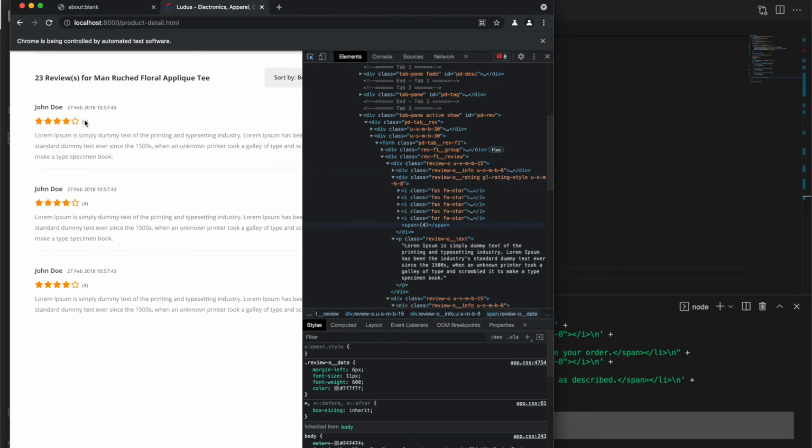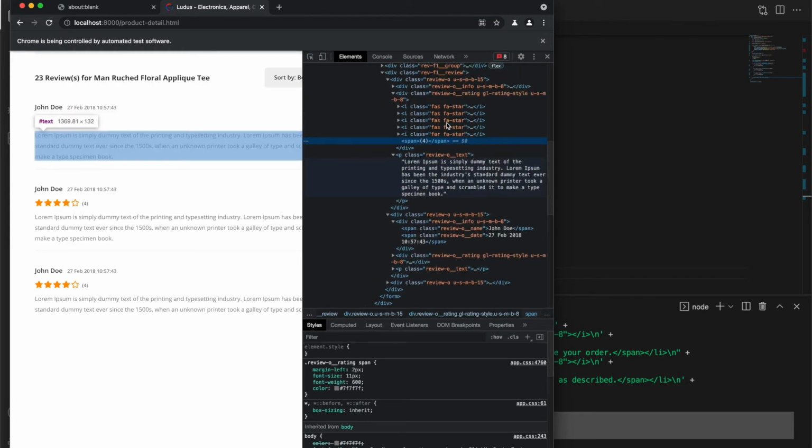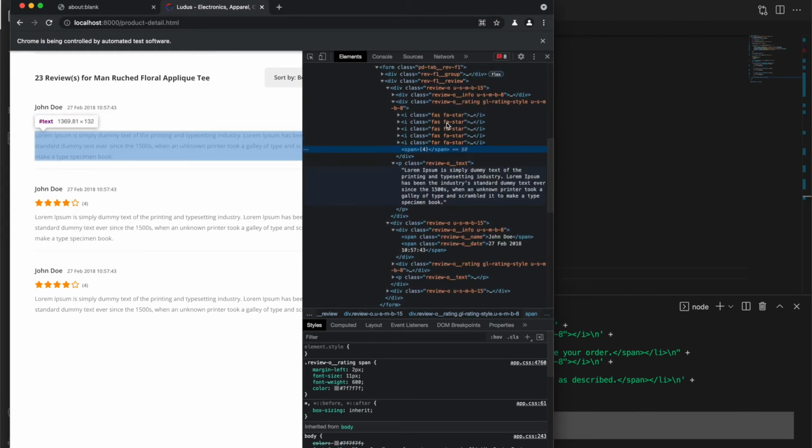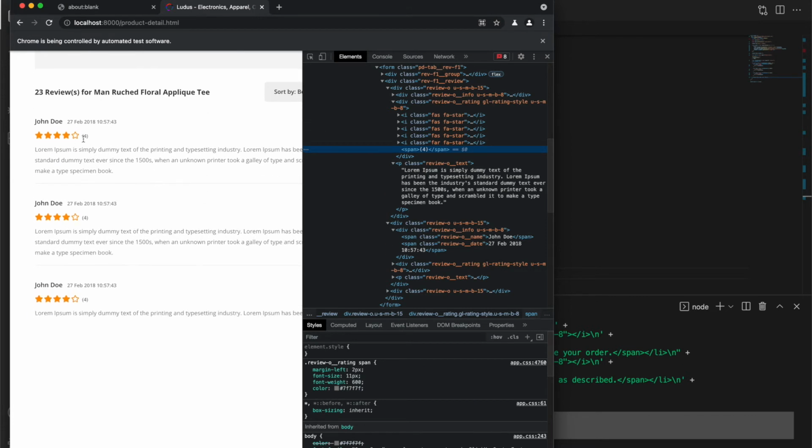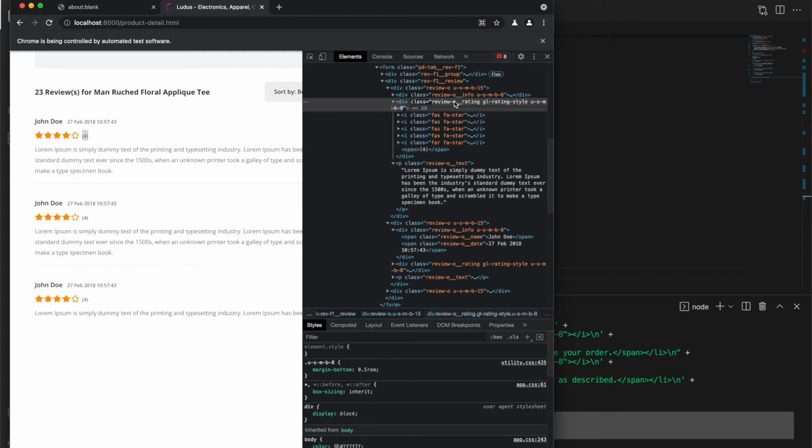What we also want to do is maybe grab the rating. And there's 2 ways of doing this. One is simple and the other one is more complicated. So the simple one is that we have the number of stars here, so we can just grab that. Let's see how we can do that.